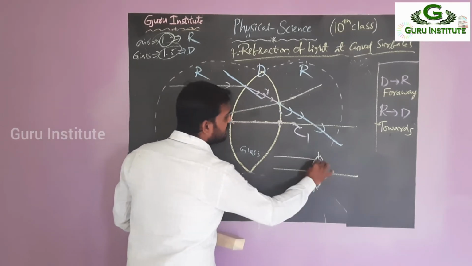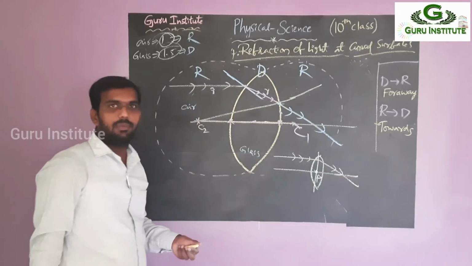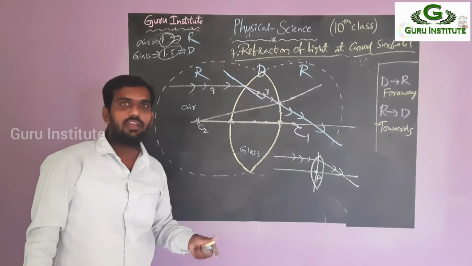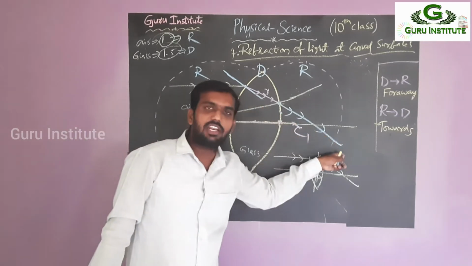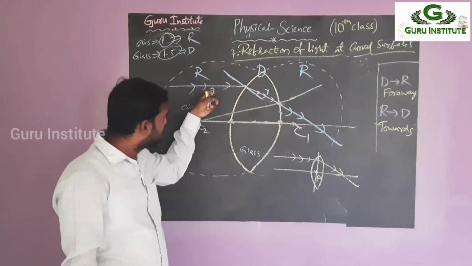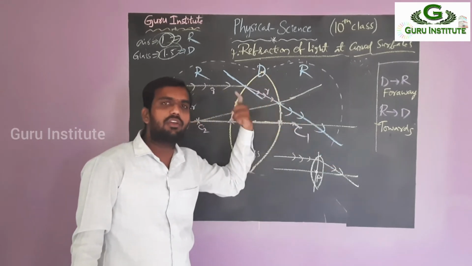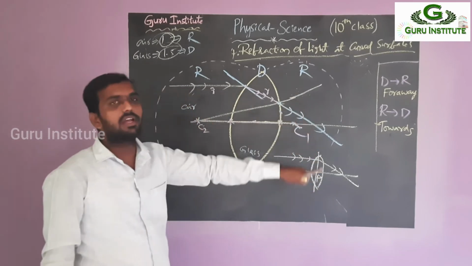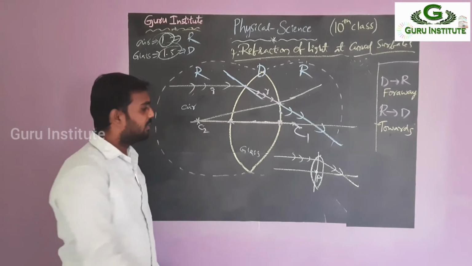Okay. So this is the incident ray and this is the refracted ray. The middle one we need not see. Why? Because that is happening inside the glass. We have to see only the incident ray you give and the refracted ray you get outside. You are seeing only this one and this one, not the middle one. So we need not draw this every time. But this is what will happen inside. Okay, clear? So we have to draw in the single method only.